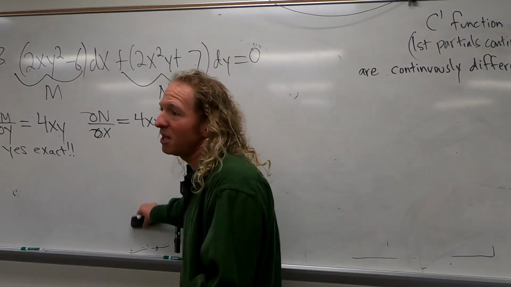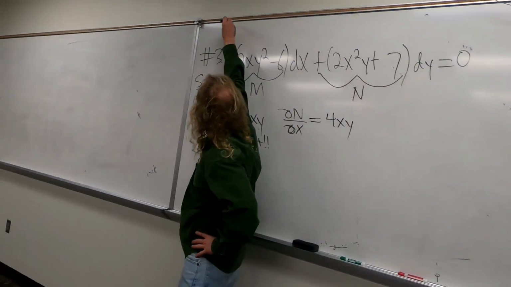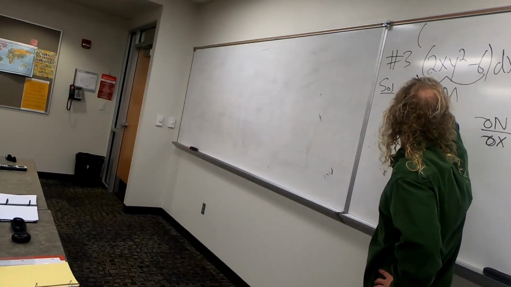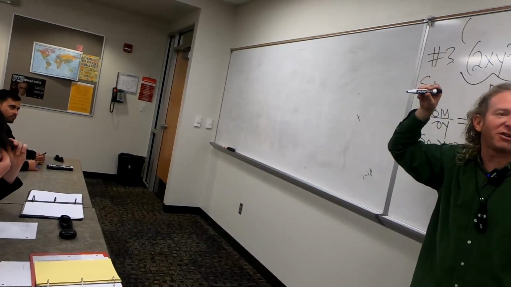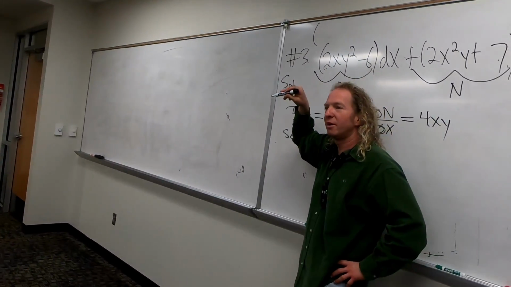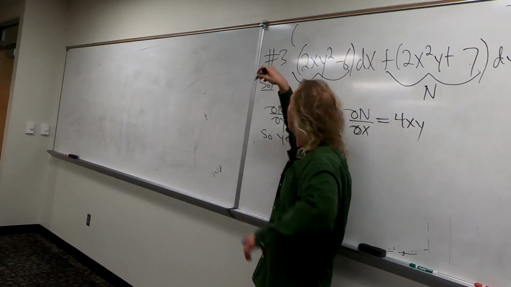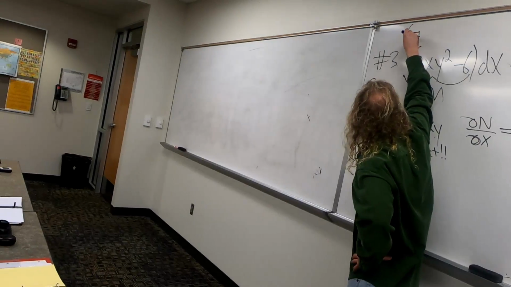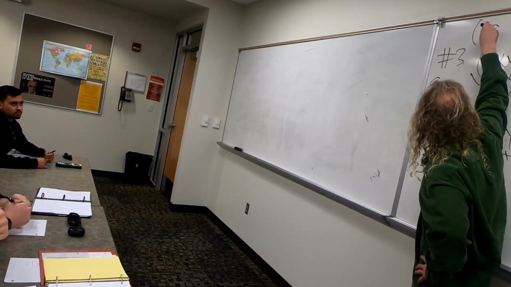Okay, so it's exact. So what does that mean? So I'm going to write down what it means up here. It basically means, do you all know the symbol for there exists in mathematics? Do you know that symbol? No, it's a backwards E. So this means, you don't have to write this down, this means there exists a function f,